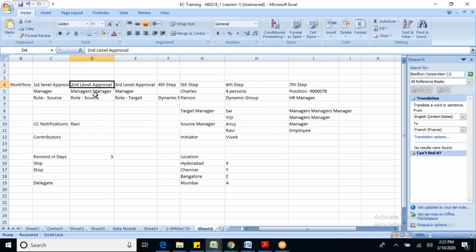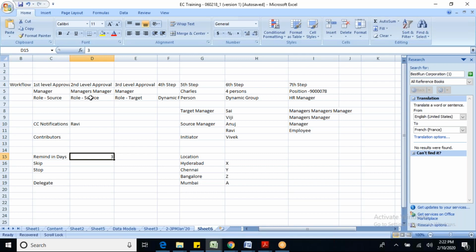Now escalation means the first level went to the manager. If the remind in days is 3 days and the manager has not approved, a reminder will be sent on the third day. Manager still has not approved, after 3 days, it will be escalated to the next level.